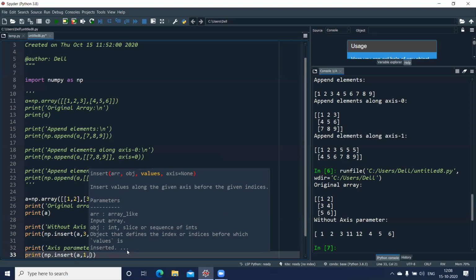Now, while passing, if you look at the dimension of my array, if you look at the dimension of the array, it is